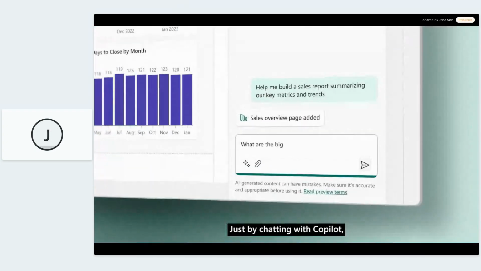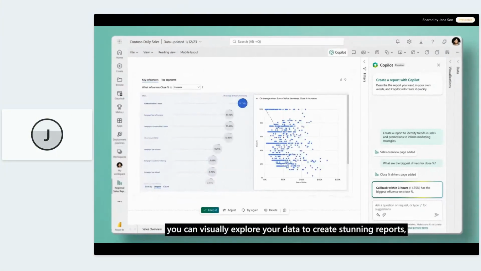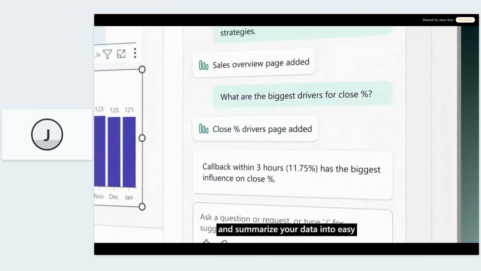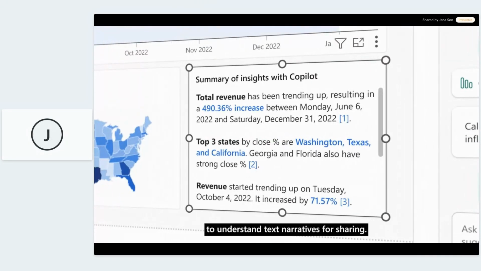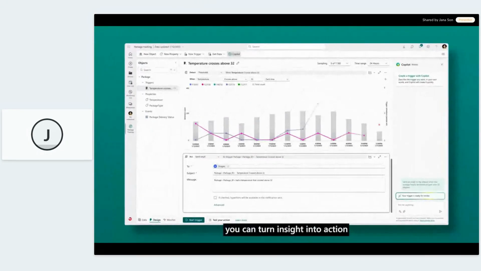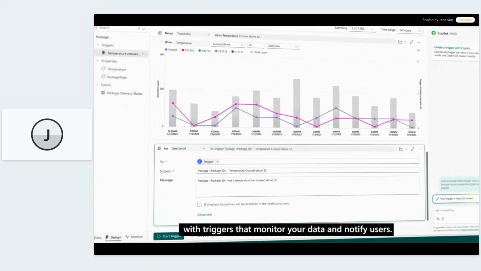Just by chatting with Copilot, you can visually explore your data to create stunning reports, discover insights, and summarize your data into easy-to-understand text narratives for sharing. With Copilot, you can turn insight into action with triggers that monitor your data and notify users.